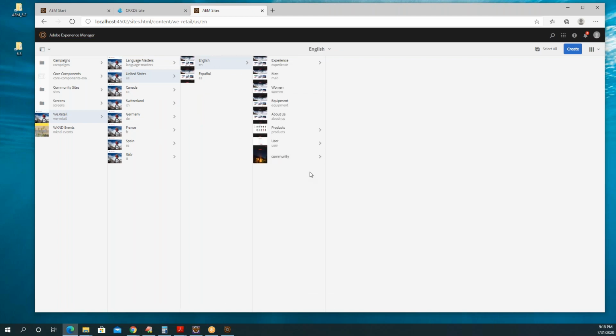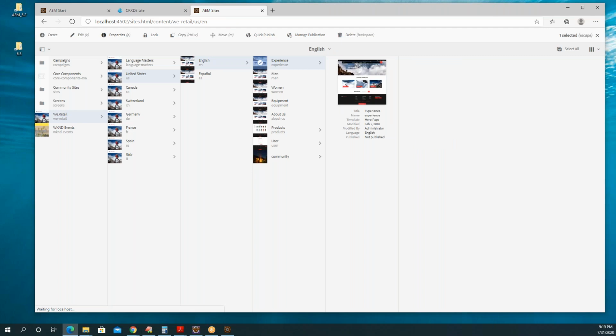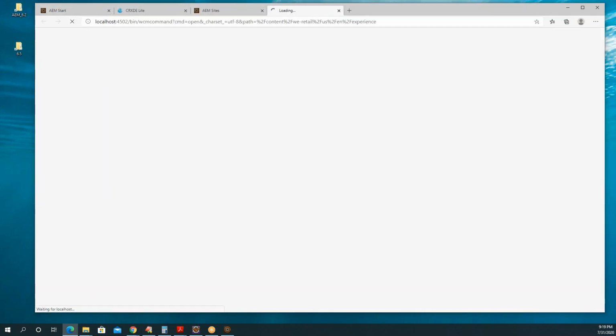Select the experience page and click on the edit button. This experience page is one of the pages of your WE.Retail website. In this version of AEM, the sample website is WE.Retail. In our earlier instance, it was Geometrixx.